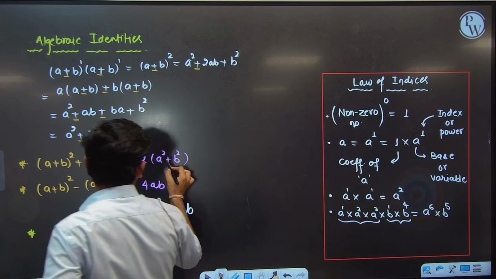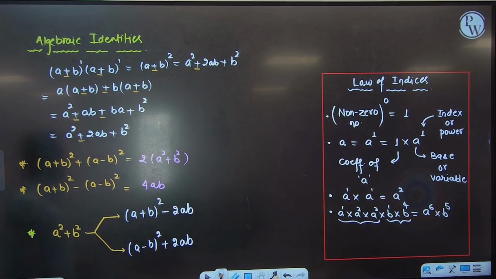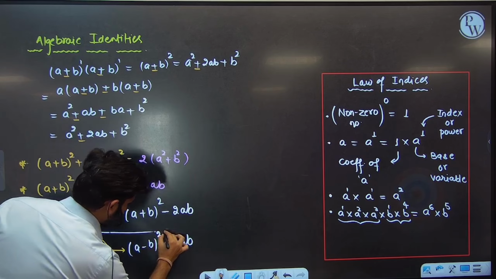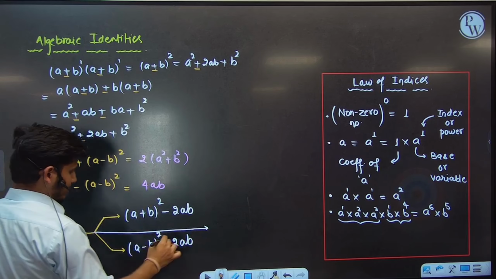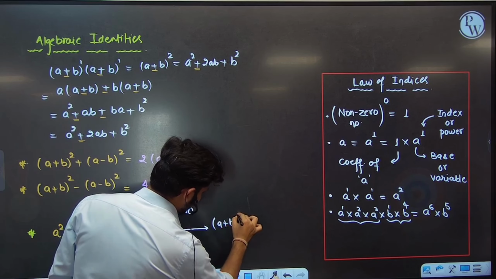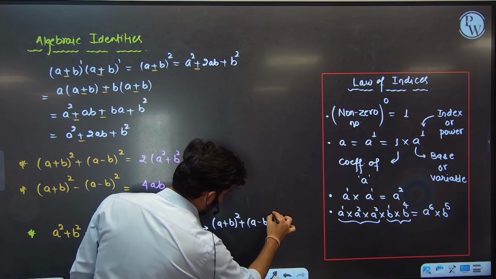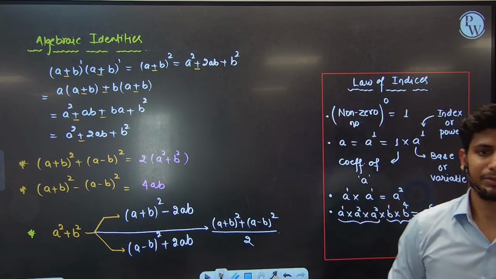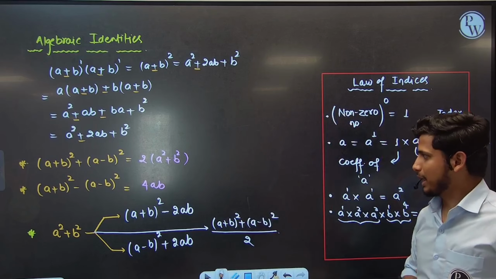Now here a square plus b square is also involved. So what is the final result for this part? a plus b whole square plus a minus b whole square, all upon 2. Okay, clear? Okay, and now tell me,